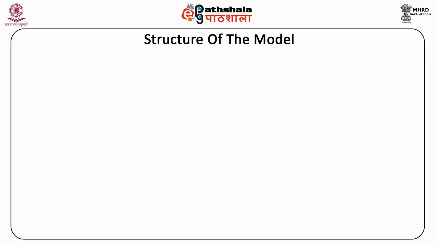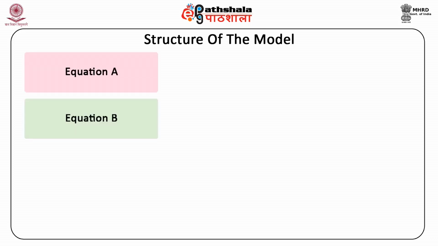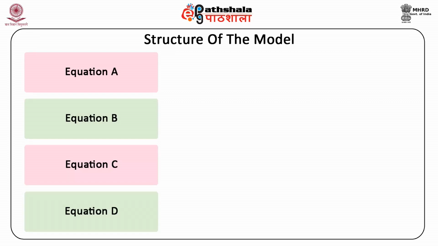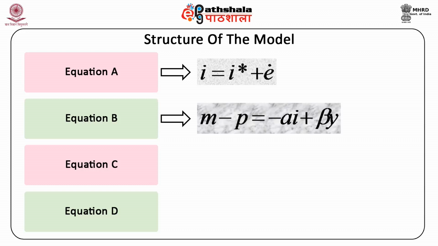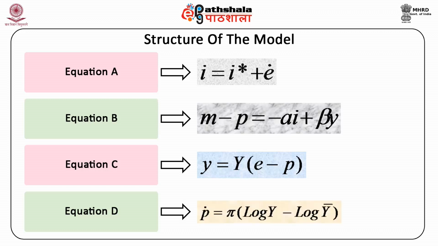The structure of the Dornbusch overshooting exchange rate model is given by the four equations A, B, C and D. That is, i is equal to i star plus e dot, m minus p is equal to minus alpha i plus beta y, y is equal to capital Y(e minus p), p dot is equal to pi(log capital Y minus log capital Y bar). Solving the above four equations for e dot and p dot in terms of e and p will give us